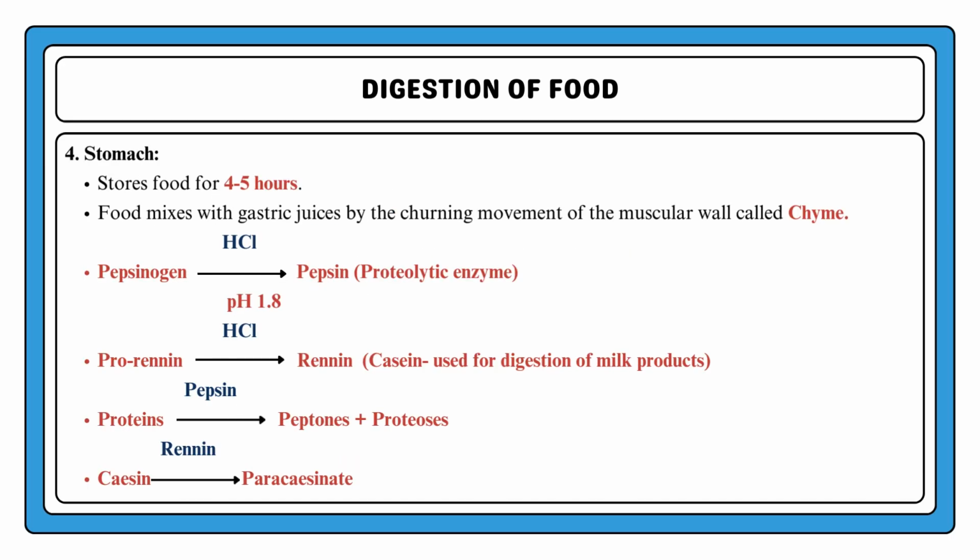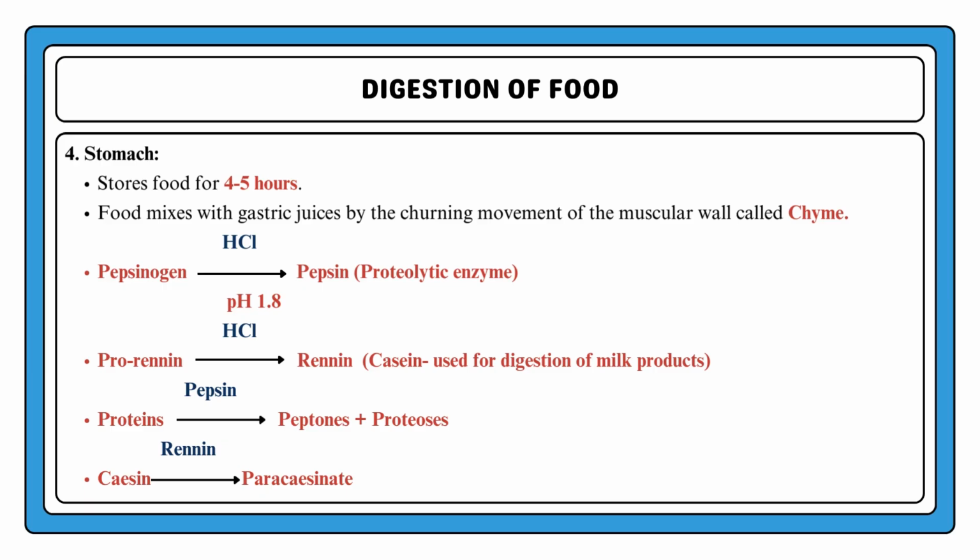In the stomach, the food is stored for about 4 to 5 hours. Then the food mixes with gastric juices secreted by the stomach, through the churning movement of the muscular wall, and is called chyme. In the stomach, the following conversions happen. In the presence of HCl of pH 1.8, pepsinogen is converted into pepsin, which is a proteolytic enzyme. In the presence of HCl of pH 1.8, prorenin is converted into renin, which is a casein